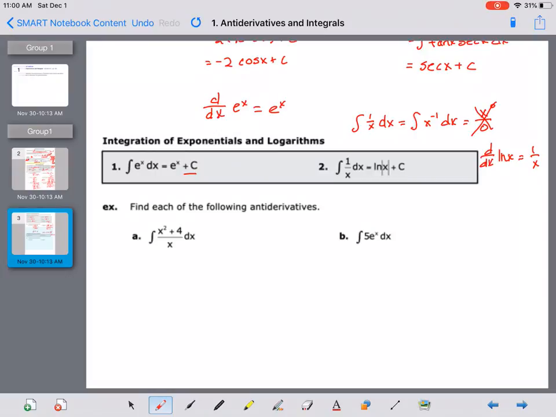Now the idea of absolute value. The absolute value bars are necessary. So whatever comes after the log in the antiderivative process needs some absolute value. And the reason for that, these are necessary, since if we think of the domain of the natural log function,